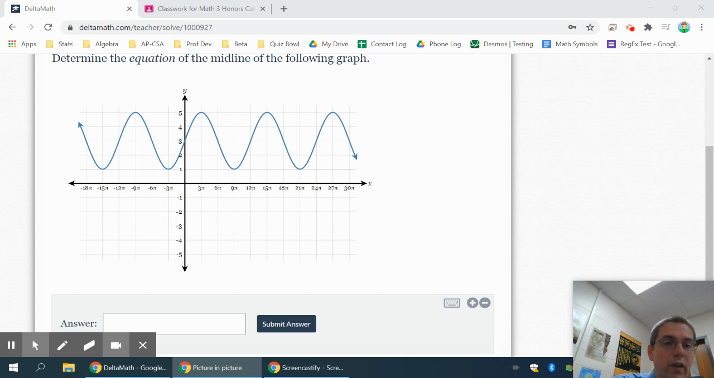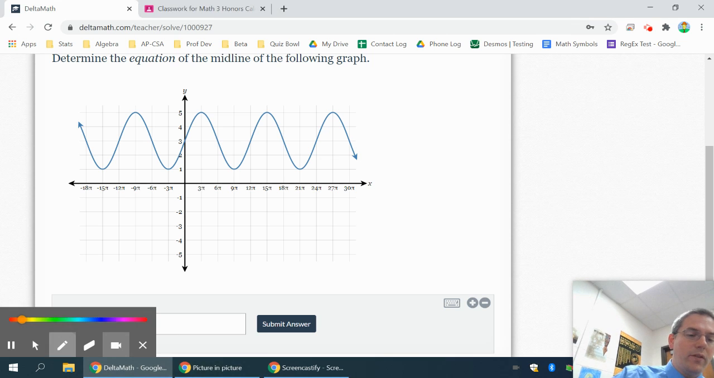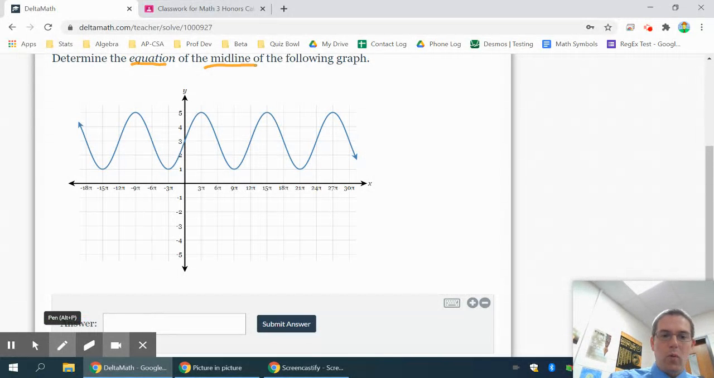Okay, on your last video, I walked you through what an amplitude, a midline, and a period are. This one, I'm just going to make sure you understand these questions. This one is just asking for an equation of a midline, so I need to find the point in the middle. If you cannot eyeball it and see the point in the middle, remember you can say the maximum is